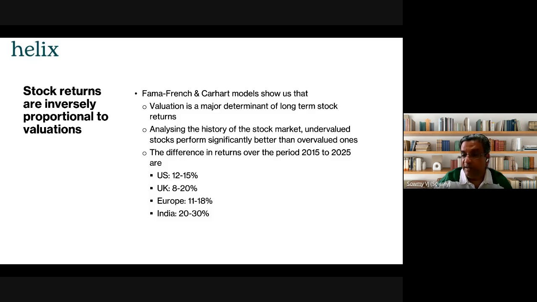Now is when you're going to predict. And one excellent prediction mechanism is the valuation itself. In the history of the stock market, undervalued stocks perform significantly better than the overvalued ones. The entire history of the stock market. And for all practical means, we are helped by the passive investors because they are working completely against the history of the stock market by allocating more and more money into overvalued stocks that are mega caps.